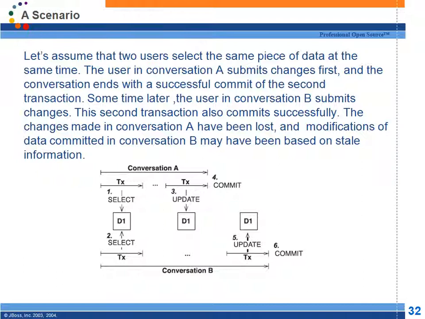Let's assume you are making an online reservation. Two users are trying to book a ticket on a bus. Let's assume only one seat is empty, seat number 10. Both of you are trying to reserve. First you will query what seats are available. It will show the empty seats. For both of you, it has shown seat number 10 as empty.